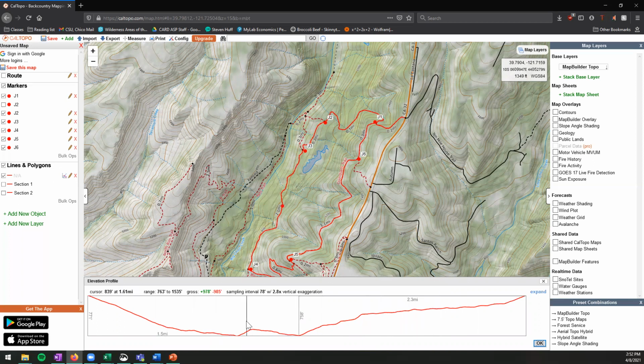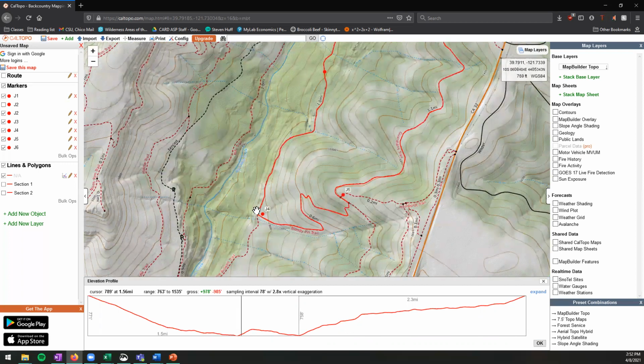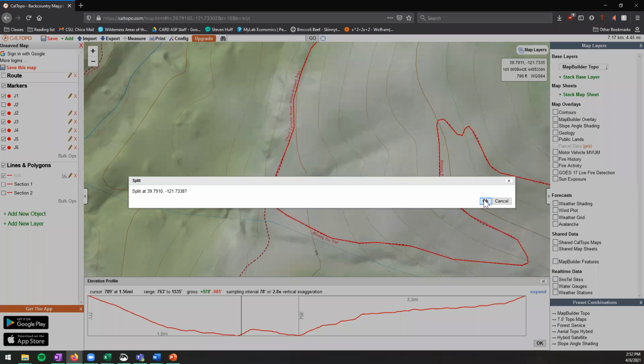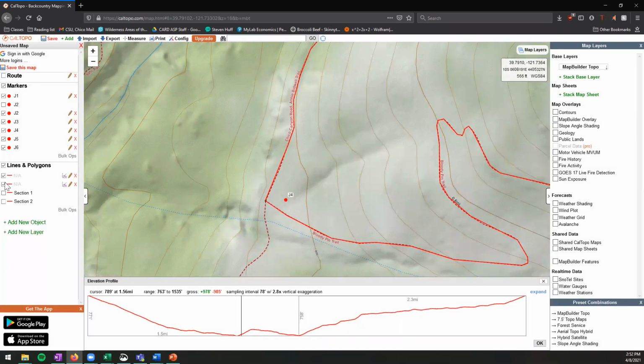So I tend to do, especially for shorter hikes, around 4-ish miles, I'll break it into halves. So we'll probably stop about here, especially because that's when you hit that big uphill. So the way that we can split it, we zoom right on in, you left click on your route and you get this handy little split button, hit OK. And now you have two routes